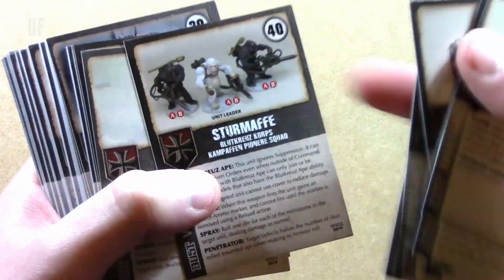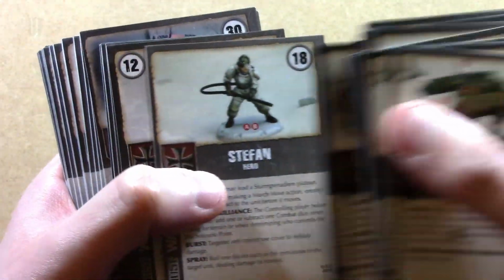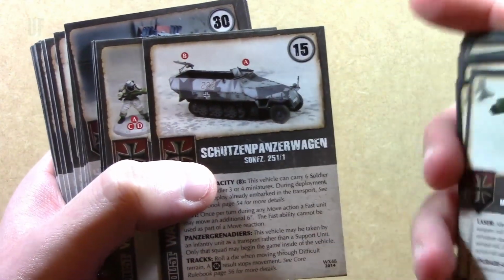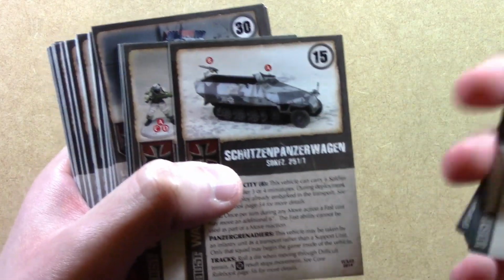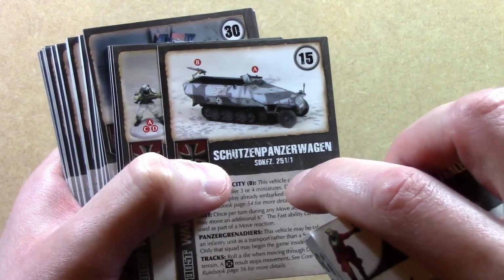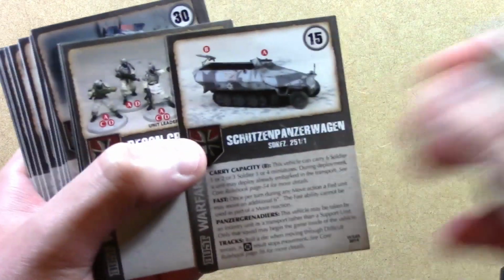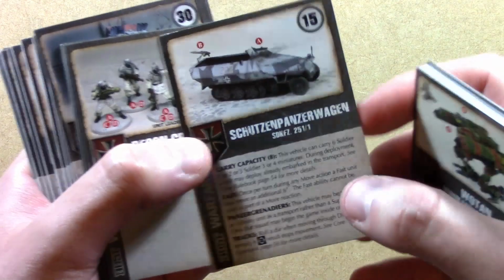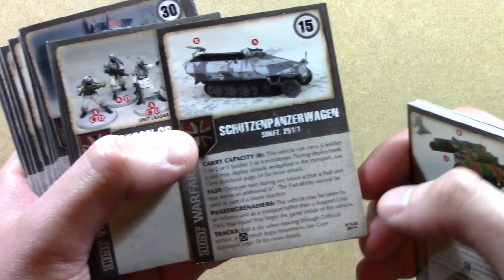Going through the cards, Sturmaf. So they're an Achilles unit, so you can see it goes through to Operation Achilles. Stefan, Sniper, Sigurd von Thaler, Schützenpanzerwagen. Now, this isn't like an FLGS release, so to speak. This is actually a DUS 48 model. But these card packs let you play with DUS 48 models. So if you bought them direct from DUS Studio, you can field them legally in a tournament because they have cards. So as you can see, it's got all the abilities for the Schützenpanzerwagen on this side,